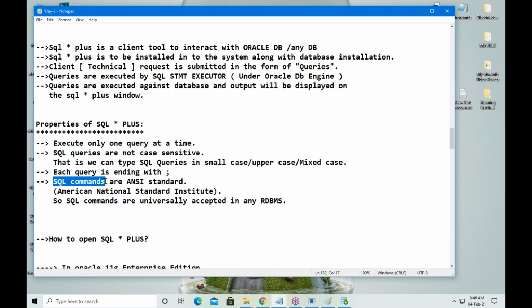You can work with the same 14 commands on any database in the world. Like in SQL Server, you have the same commands. In DB2, same commands. PostgreSQL, same commands. In any data warehouse, same commands. So database commands are always ANSI.